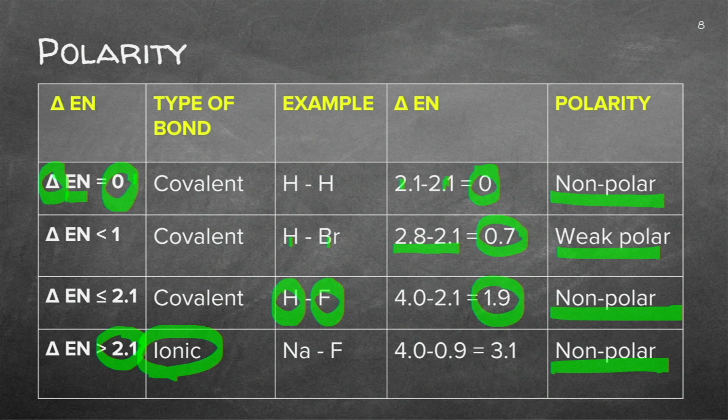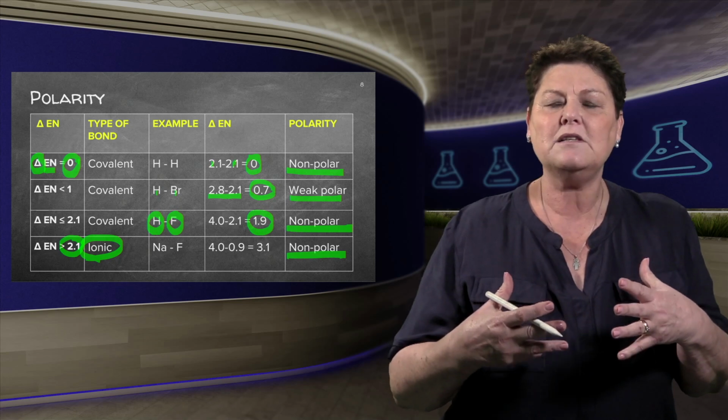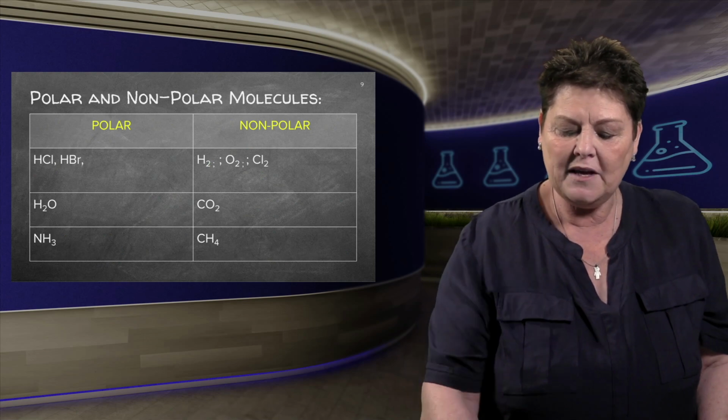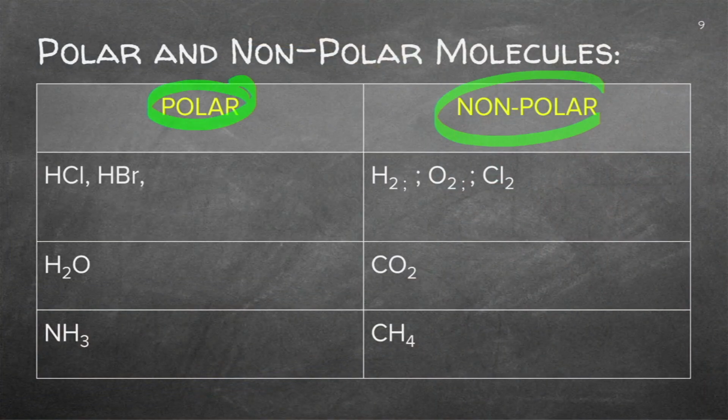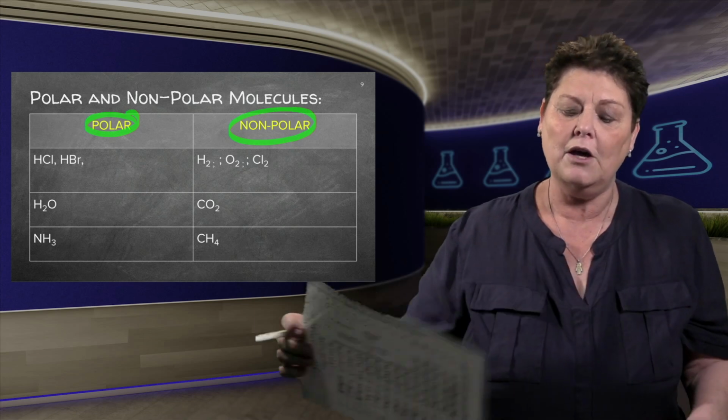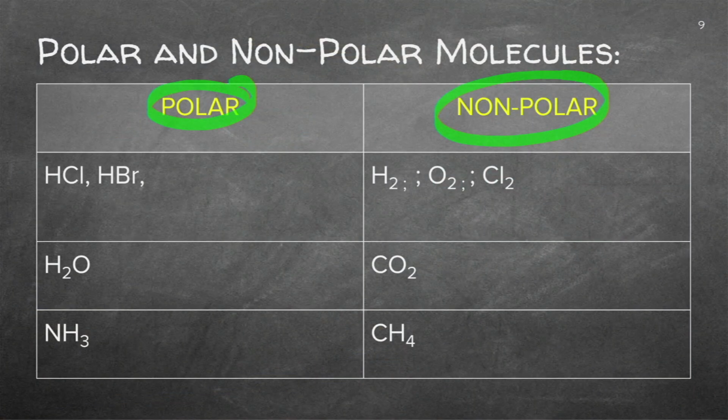It's got that value. The important thing is, guys, not to know this table off by heart. It's important to say, is it polar or is it non-polar? And all you have to do is interpret the information on your periodic table. Your periodic table will tell you everything. So you have a look at your electronegativity. If it's a difference in electronegativity, it will be polar. If there's no difference in electronegativity, it will be non-polar.